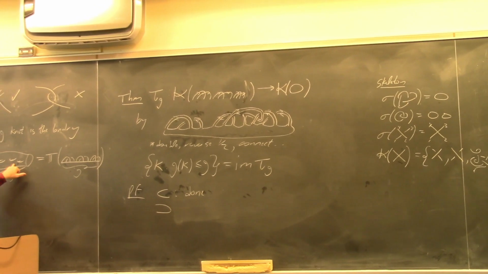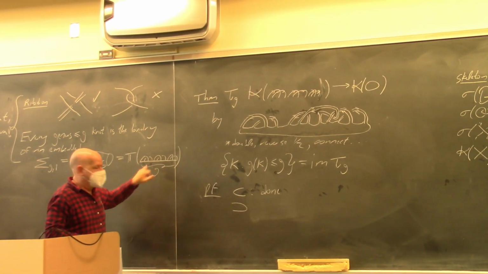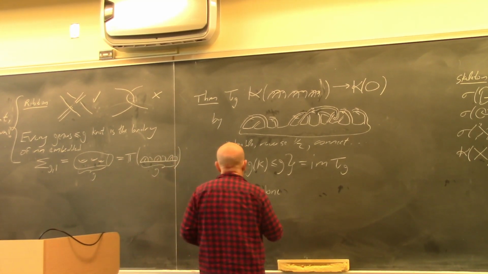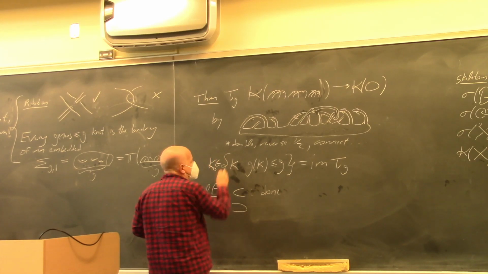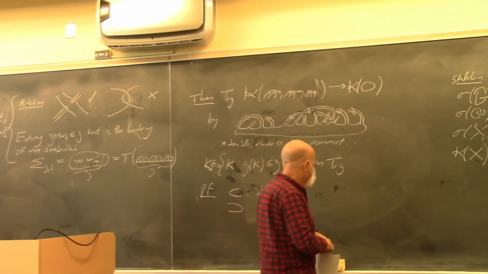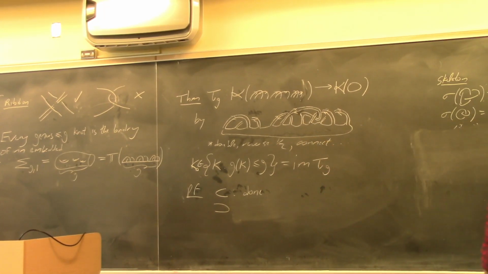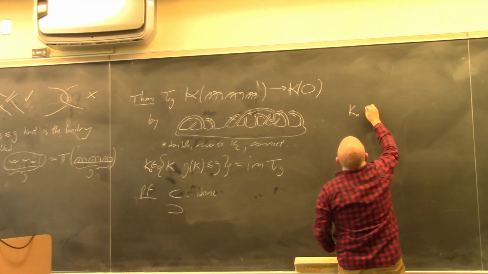But this thing is homeomorphic to this thickening. So if K0 belongs to the left here, then it's known that K0